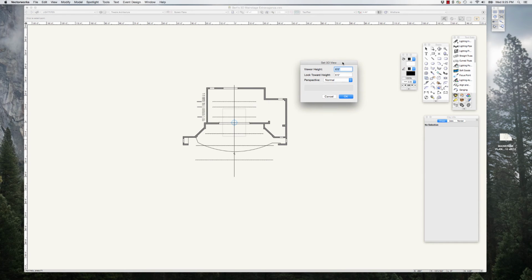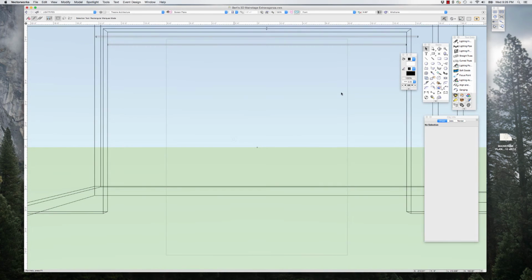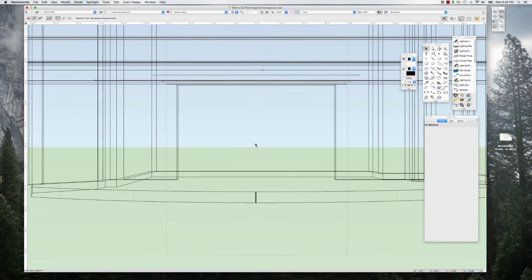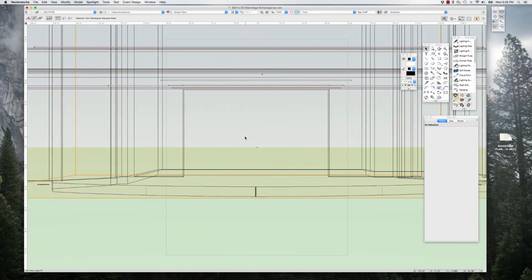I'm going to look at this and see what it looks like. But if I'm sitting in the center of the house, I'm actually probably more like 5 feet than 6 feet. If I were standing up, I would be at 6 feet. But sitting down in the center of the house, maybe about 5 feet. And I already know that normal doesn't work very well in our space. I'm going to go ahead and set it to narrow. You would think that wide would be the right thing, but actually narrow perspective works better. And in fact, in most theater renderings, it does. So we're going to click OK, and then we're going to get this view of the